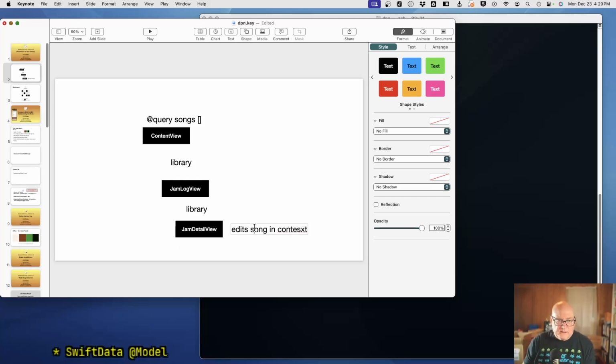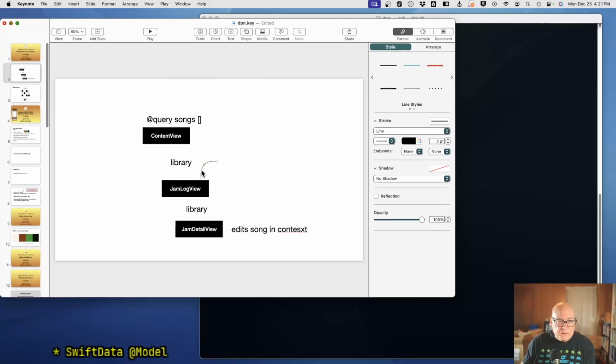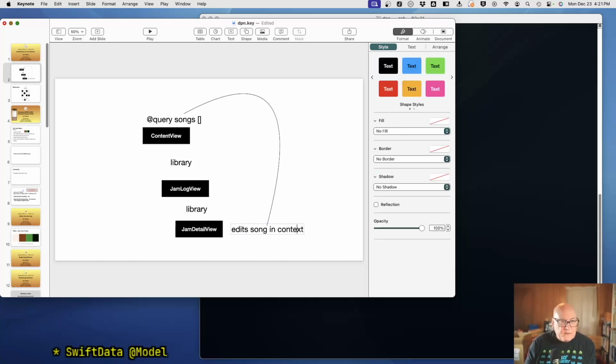Okay, and so I think what's going on is it triggers a redraw. So this action triggers query songs to update, and then the IO view, sorry,